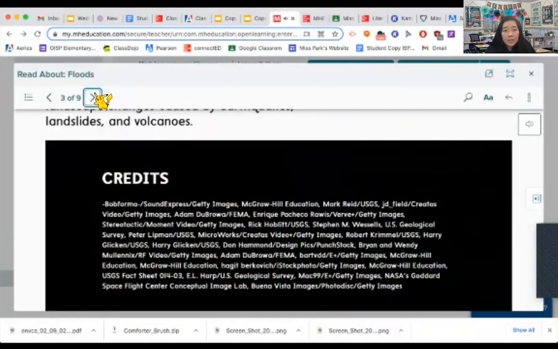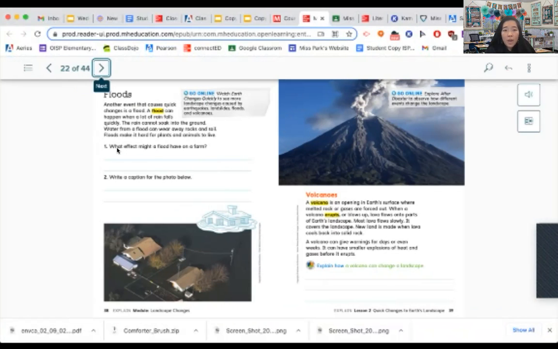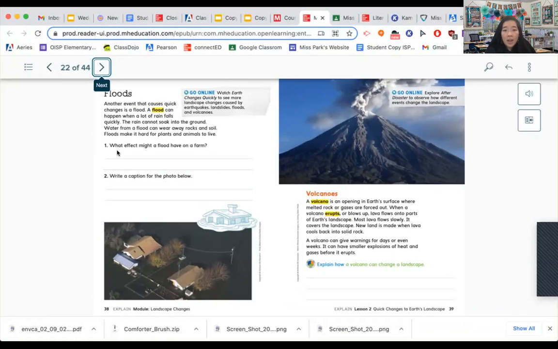All right, guys. So now let's go ahead and look at these questions. What effect might a flood have on a farm? Well, think about it. If there was a flood on a farm and the water was way too wet, then a lot of those plants would end up dying. Because even though plants need water, if you put too much water on a plant, then it's going to